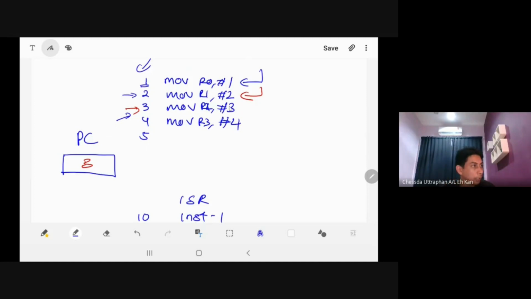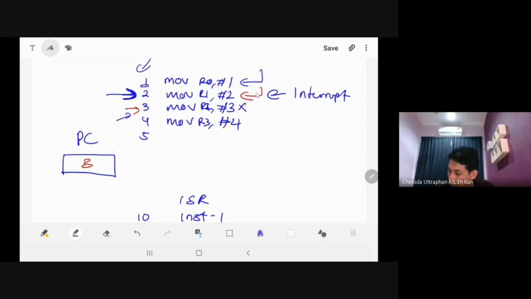Now at this very moment, interrupt coming. So the microprocessor will finish this instruction first. All right, instruction number 2. Make sure that this one is finished,